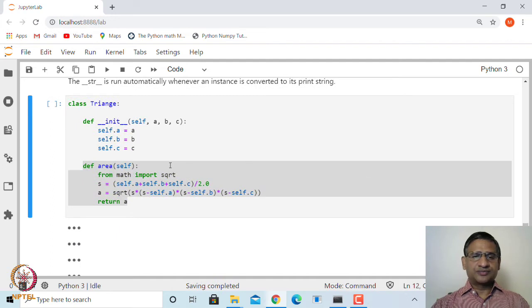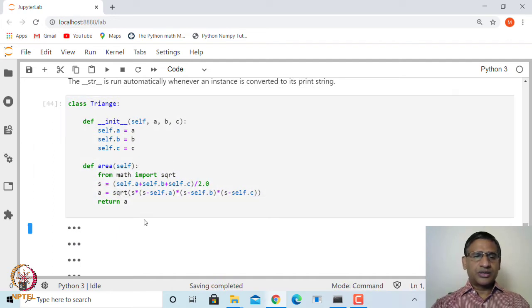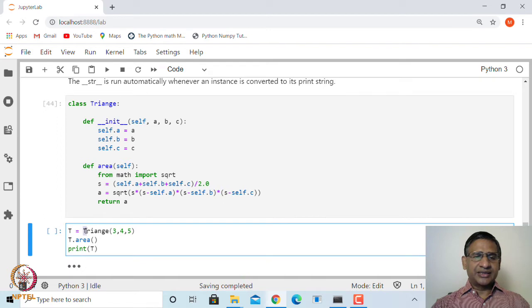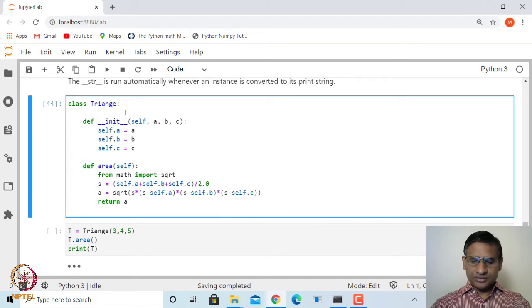Let us run this and call this triangle. I am calling it T. Whatever name you want, you can give.